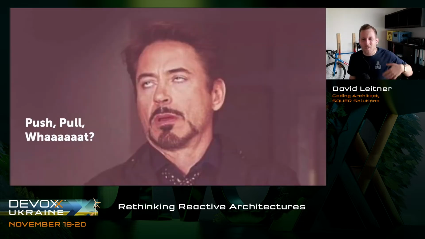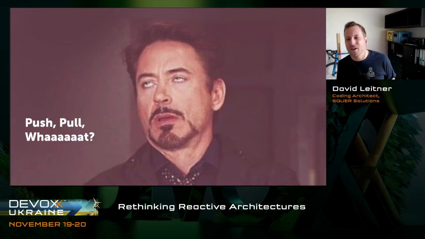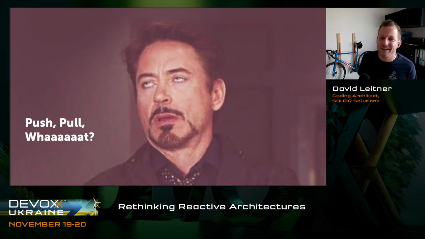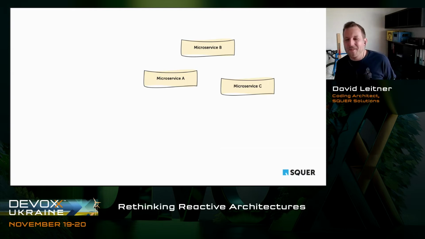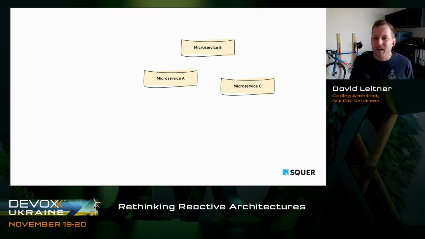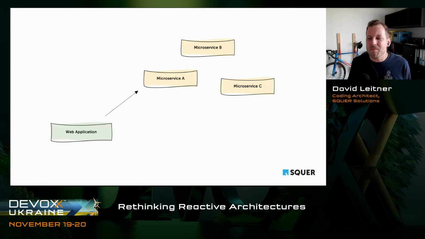And I mentioned before, I have worked in the industry for quite a while, and I did a lot of big enterprise systems. And I kind of joined the microservice journey from the very early beginnings. When we built microservice architectures in the early days, they usually looked like this, right? We had a couple of microservices. Of course, it usually was many more, but that doesn't really matter. And then we had a web application. This web application was talking to microservice A. Microservice A said, okay, cool, thanks for the request. I don't know what to do with it. I need to go first to microservice B. Microservice B needs to go to microservice C. And then we get back this whole response chain.